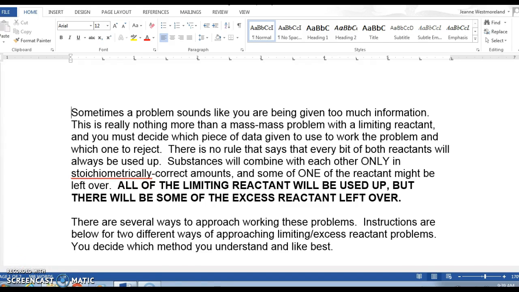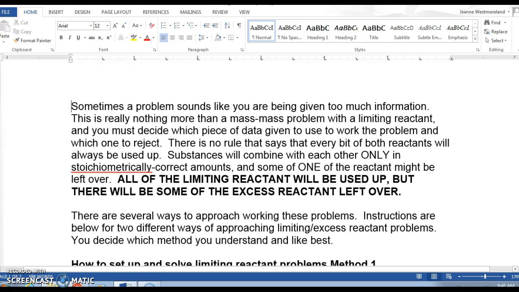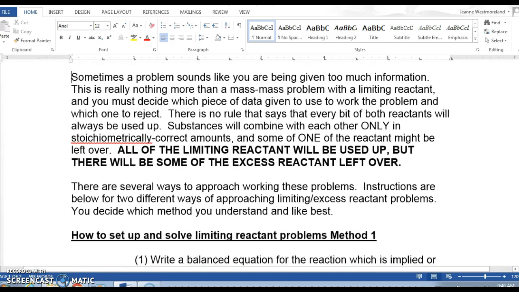over. There are actually several different equally logical ways of approaching these problems, but I'm going to show you the one that I've found to be the most student-friendly version, and this is listed as method 1 on your limiting reactant notes page that I am displaying right now,